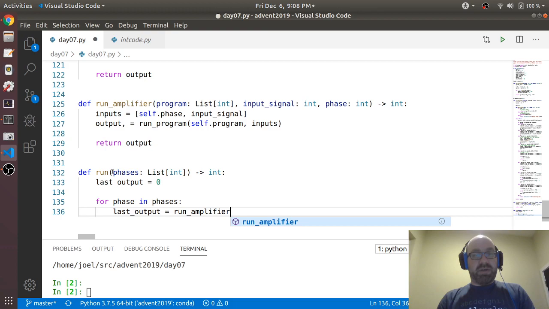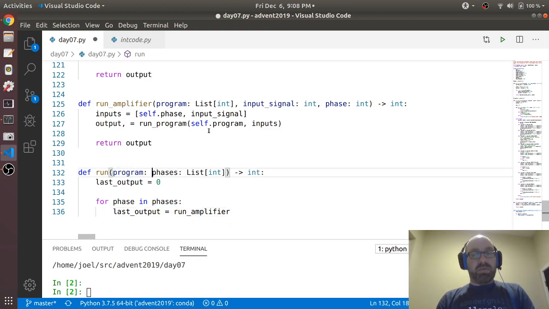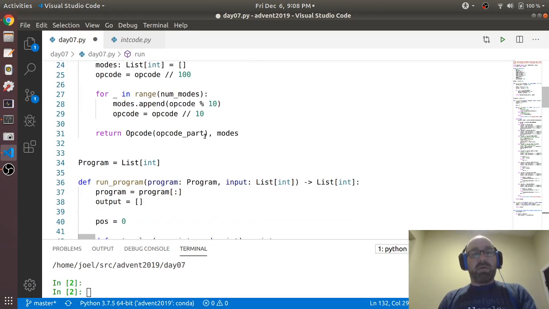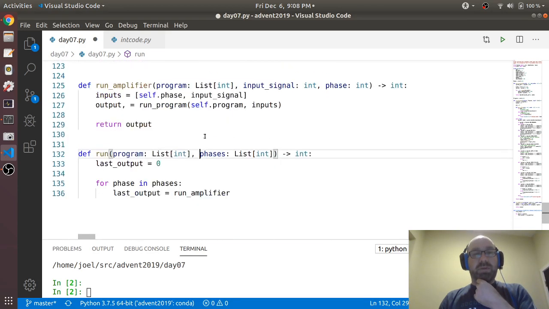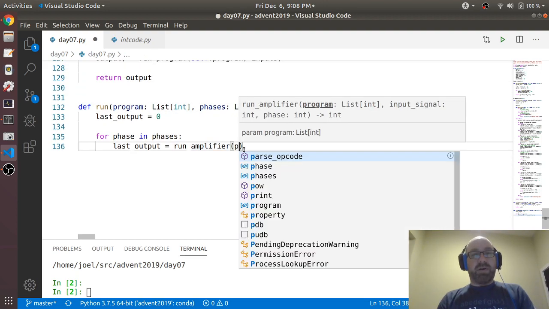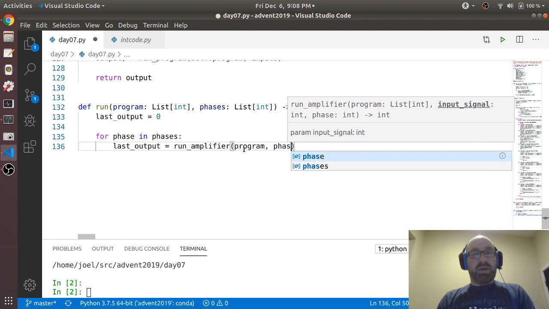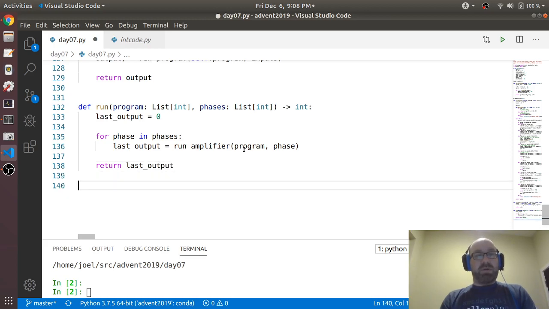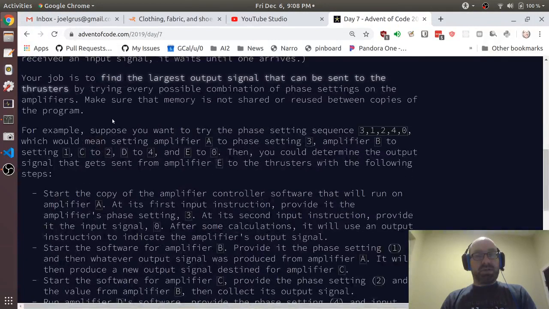amplifier, and I guess I need to give a program as well, which is a list of int. And the way I've set things up, when I call run program, it makes a copy of the program, so that's fine. So they won't step on each other. Equals run amplifier of program and phase, and then finally I return the last output. So now let's